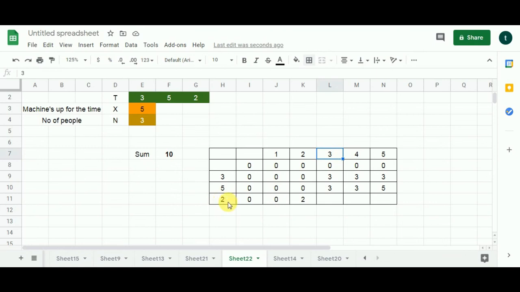Now this 3 is greater than this 2, so we are going to go one cell above. 2 subtracted from 3 takes me here. I am going to add 2 to this value again and compare it with this value. So I'm getting 2 from here, and I compare it with 3, which is maximum, obviously 3. So I'm going to put 3 over here.